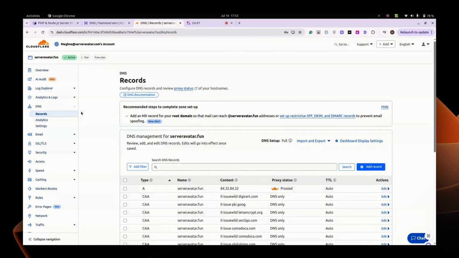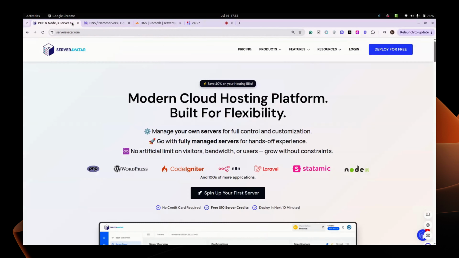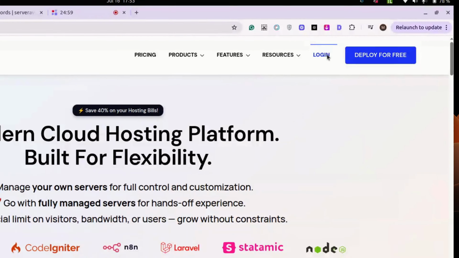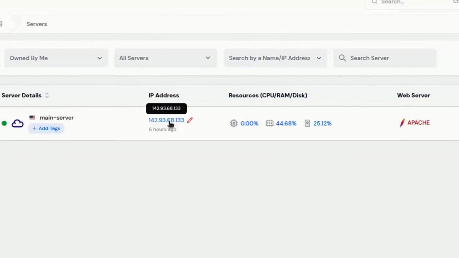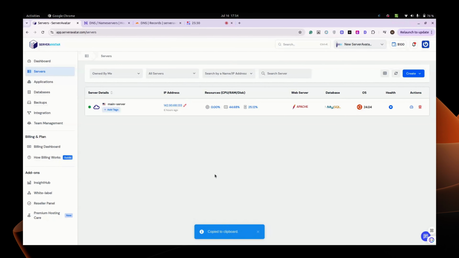For adding an A record, you must require your server IP. So get your server IP address first. I have copied my server IP from my server that is connected to ServerAvatar.